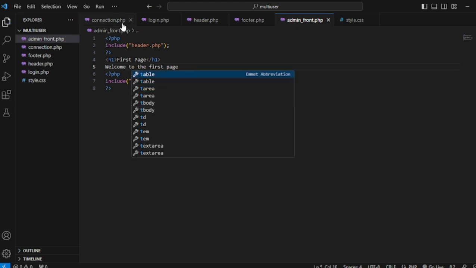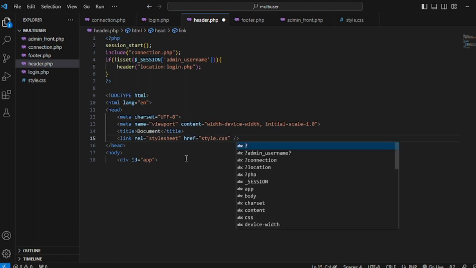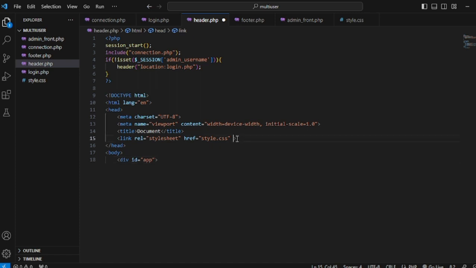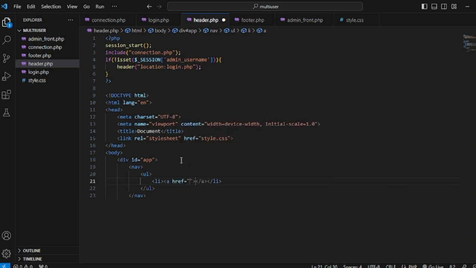This, and then we go back into header, and then right here we're gonna add link to style CSS, right, like that, and then we're gonna add nav, enter, then ul, enter, then li, and in li we have anchor tag. The href is admin_front.php, and then this is first page